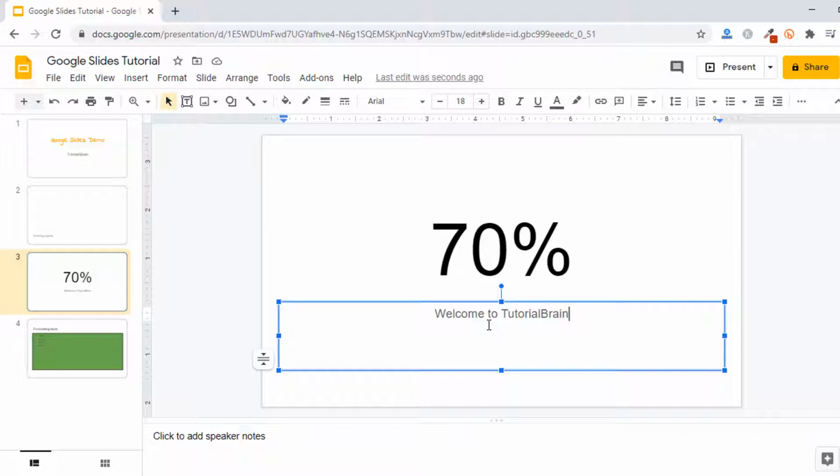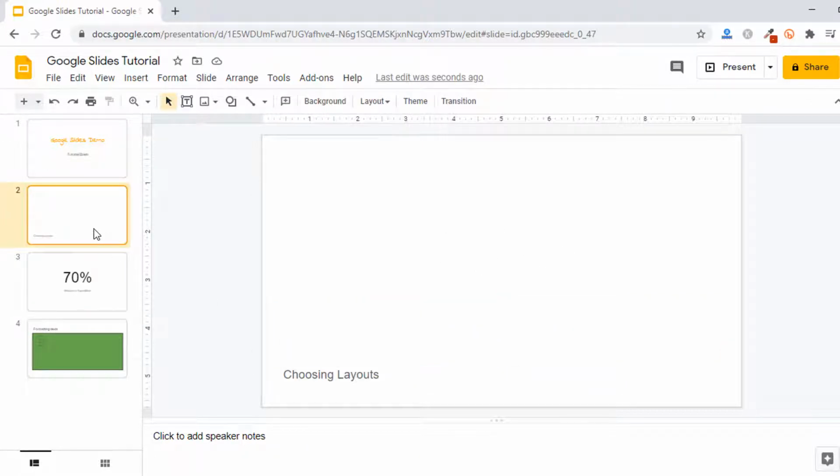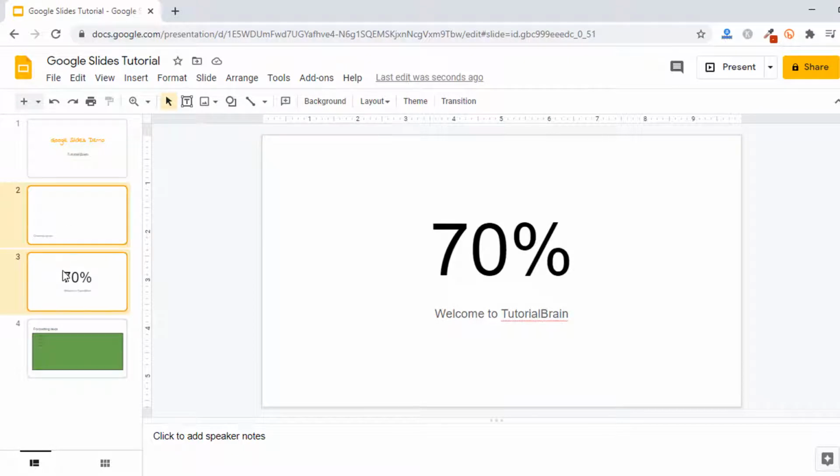But my preference is always to create a blank layout. So for that, first let me just delete these two. So what I can do is I can select all these. So second slide and third slide I can select by pressing Shift on my keyboard, and you see both these slides are selected.